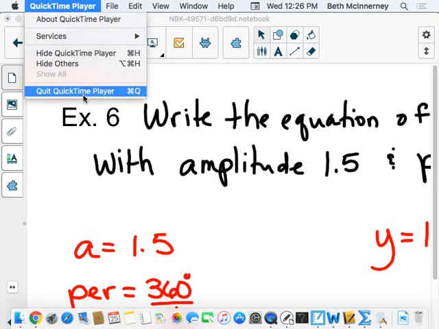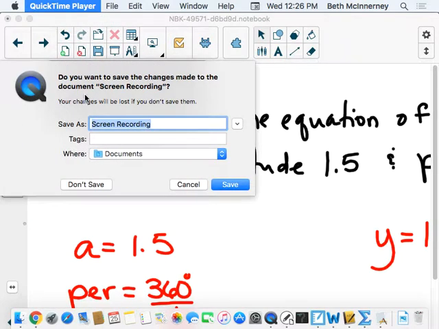Is that ever going to say something like it moves up or to the left 90 degrees, so that you have to